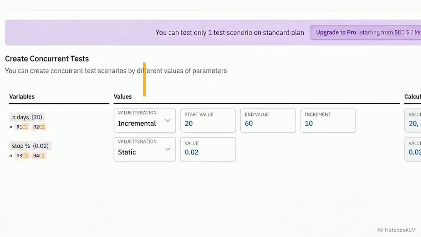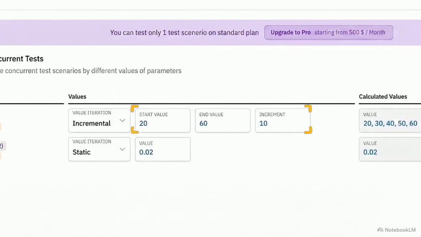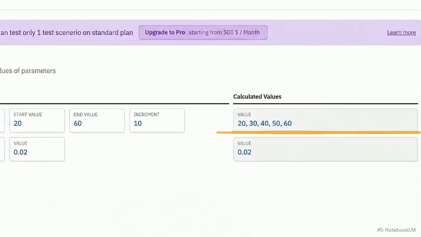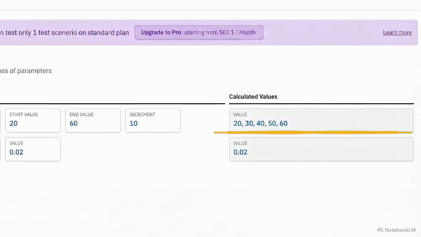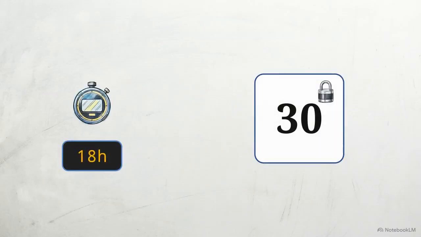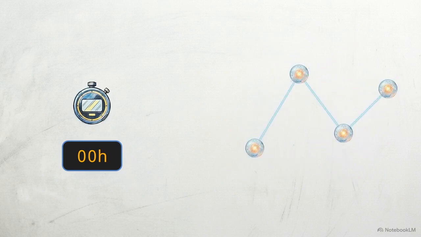To test multiple look-back periods, set the end days parameter iteration to incremental. Enter a start of 20, end of 60, and increment of 10. The system calculates the full array to test all values in a single run. By pairing dynamic internal memory with concurrent parameter testing, one logic sequence now performs the same work as dozens of separately coded strategies. You've now reduced hours of manual testing and built a level of logical precision that isn't possible